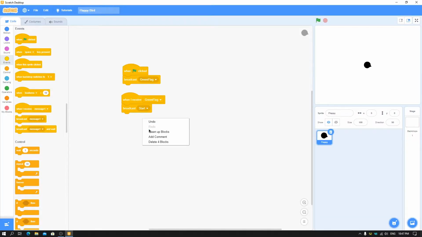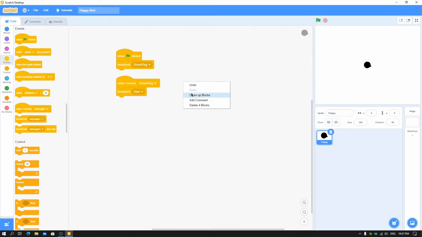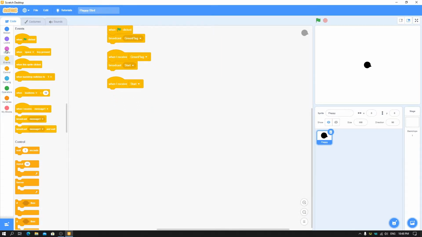The green flag means the mechanisms will be starting, and start will start the game itself. So if you want to make a start menu, you can make this script like this, but instead of broadcasting start here, we'll broadcast it with the play button. So when I receive start, then this is it.